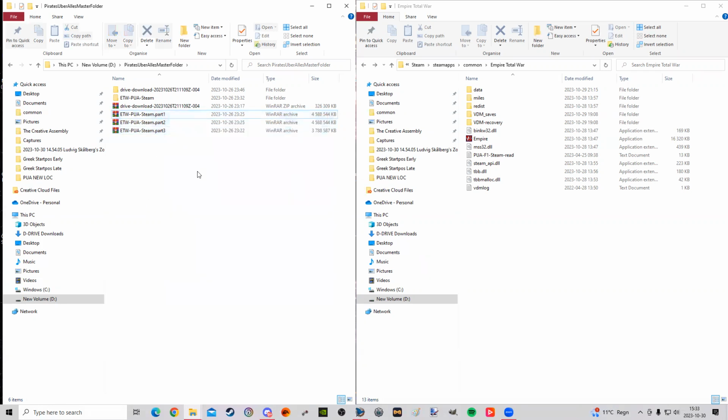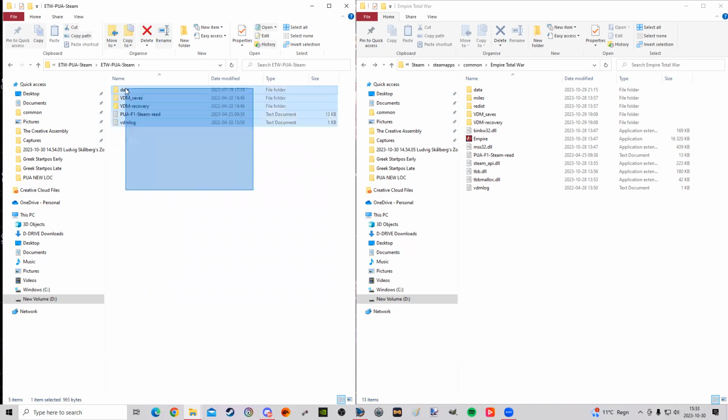Since I've already done that, and these are very large files, I'm going to skip that step, but we'll be given this folder. So we enter it, and we copy all of these files and paste them into our Empire folder. Once that is done,